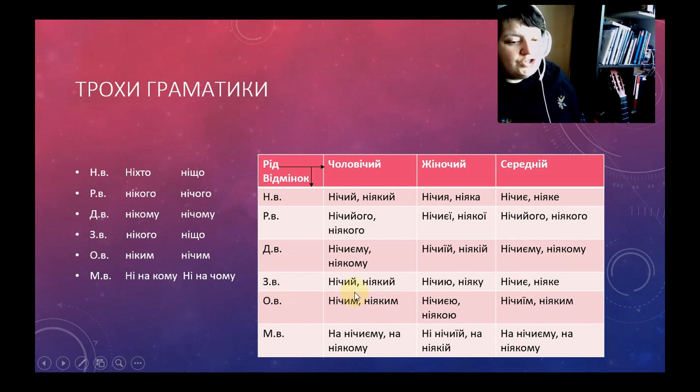Accusative нічий, ніякий. It's masculine. Feminine нічию, ніяку. Neuter нічиє, ніяке. And instrumental орудний відмінок. Нічим, ніяким masculine. Нічиєю, ніякою feminine. Нічиїм, ніяким neuter. And last one, locative, місцевий відмінок, на нічиєму, на ніякому, masculine, на нічиї, на ніякій, feminine, на нічиєму, на ніякому,